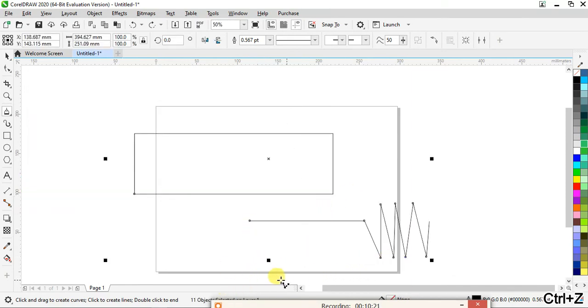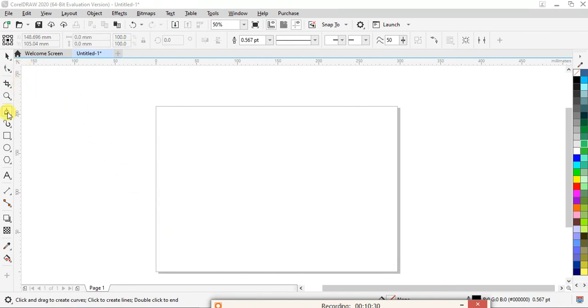Now the next tool, the last tool, is the 3-point curve tool. It gives you the ability to draw any curve using 3 points. So placing 3 points on your paper. For example, I'm clicking here. It won't show any action. So what you have to do is click on this next point.